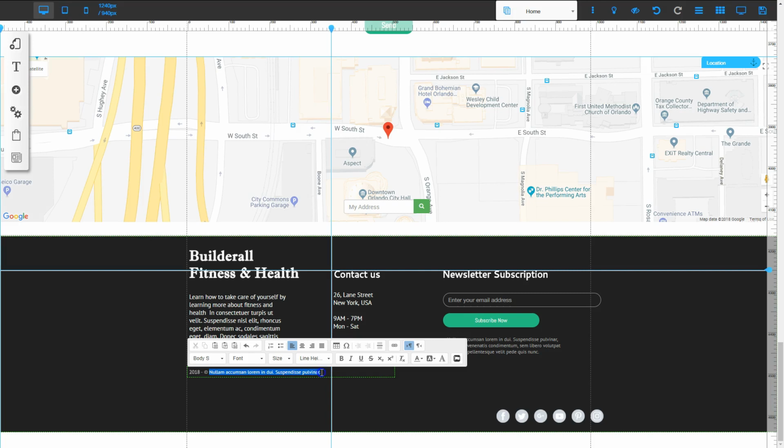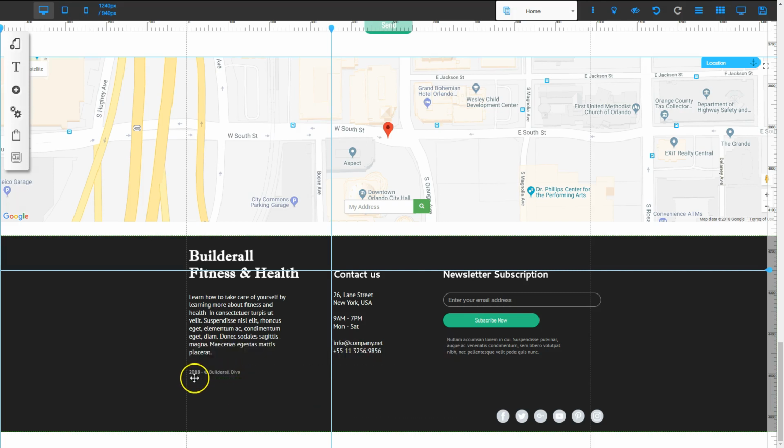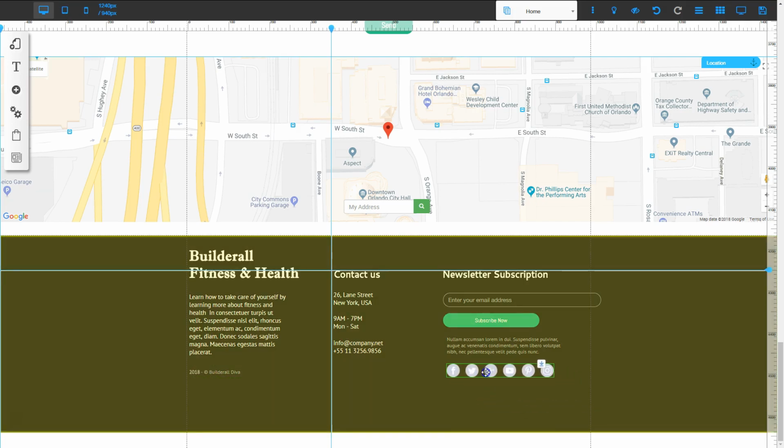And then I can type in my company name. So now I've got the copyright symbol, the year, and the company name all in this area. And remember, the copyright symbol, to get that, hold the alternate key down and type in the number 0169 at the same time. The next area is the social media area, and I'm going to click and drag that up here,